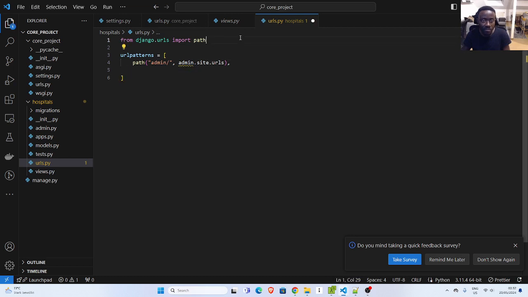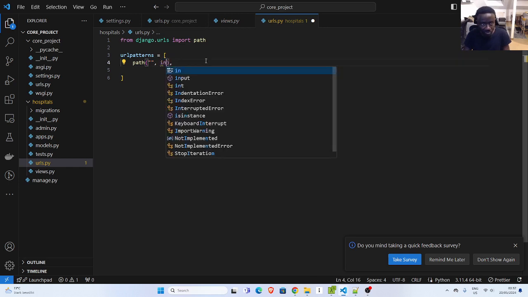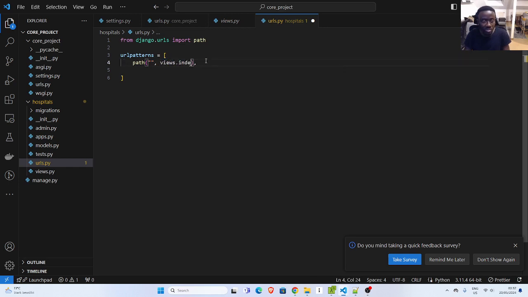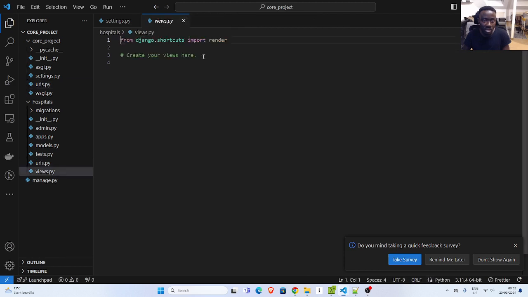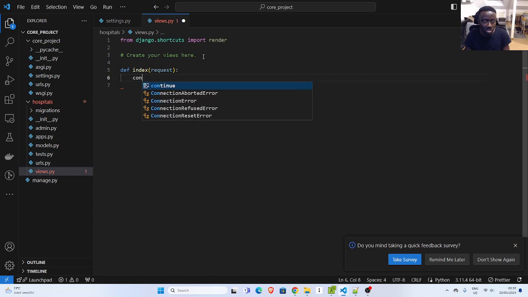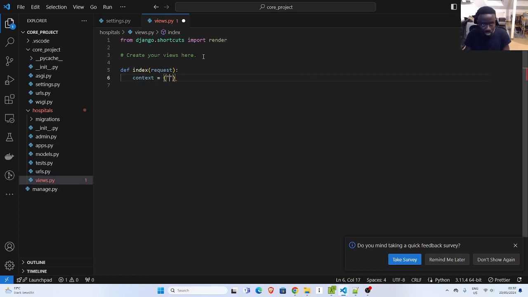Okay, perfect. So this is going to be our simple application that we are building, and then let's just create something very simple. So views.index, I'll give it a name and I'll call it home, right? And I need to import views, so from . import views, and then I'll close this and I'll go back to my views location here, and I'm going to create my simple application. So def index takes in the request, and then I will create a context which would take in, let's say, the page title,